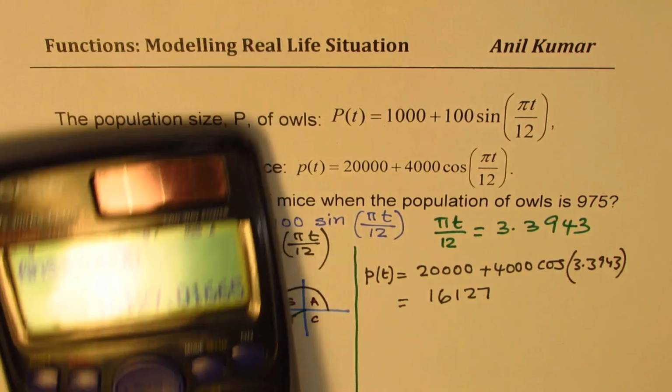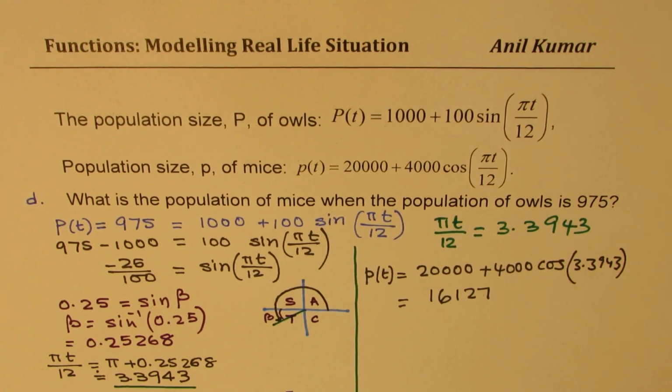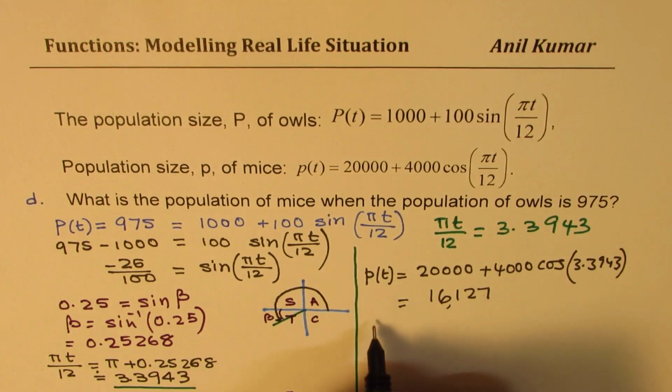16,127. That is what you get. Always the population has to be a whole number, right? So we get 16,127 as our answer, right? So that is how you are going to provide the solution. So those many mice. So our answer is